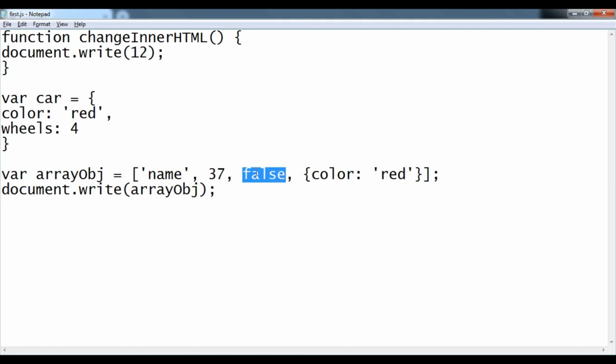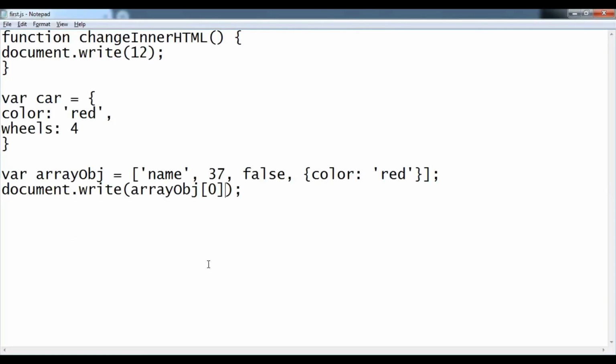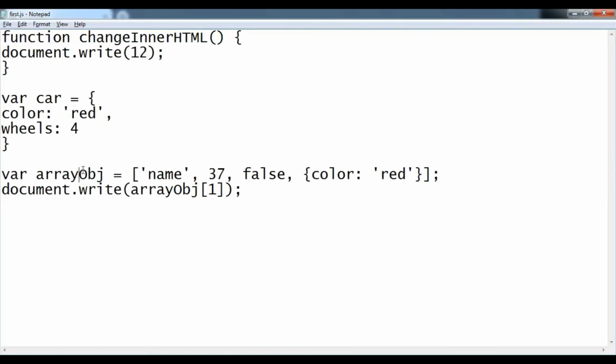I can write the array name and the index number which I want to access, in our case 0, and that should give me name in the browser. So Control S and see in the browser after refresh. Okay, likewise we can also check index 1, which gives the value 37.